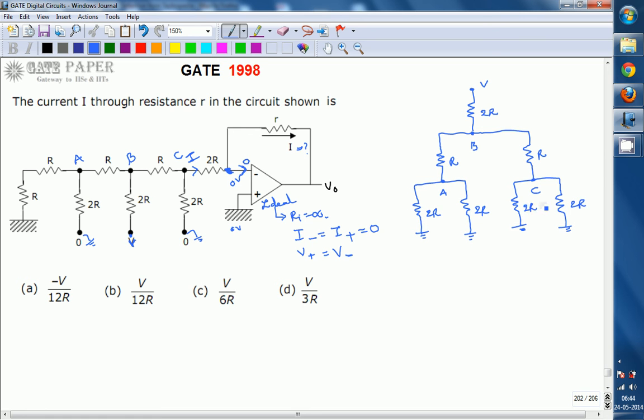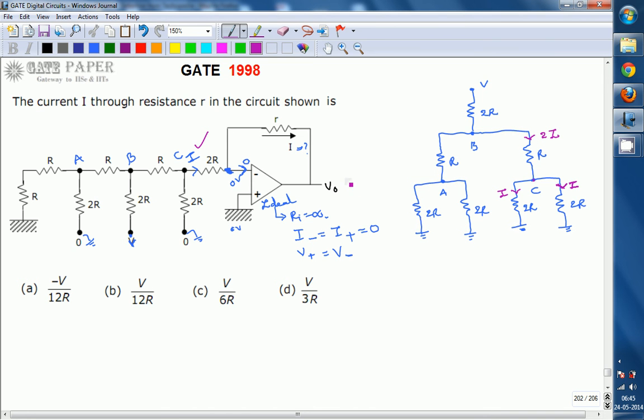Okay, now we know that the current flowing through resistance 2R is going to be I. This is the current I, and this current is the same as this one. If you observe, this is node C. The voltage at node C is the same for this 2R resistor and this 2R resistor. So the voltage is the same and the resistance is the same, which implies the same current flows in this resistor also. So the current flowing through this one is also I. The sum of the currents flowing through these resistors is I plus I, which is 2I.